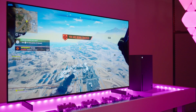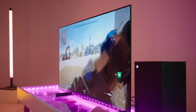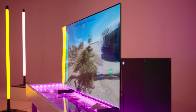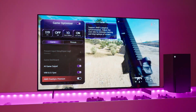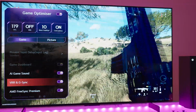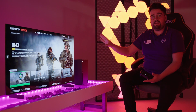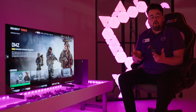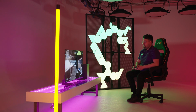Now, selected TVs, just like this LG here, have VRR, which is variable refresh rate. VRR technologies like G-Sync actually reduce screen tearing by adjusting the refresh rate of your TV to match the frame rates your source is sending. FreeSync is an adaptive synchronization technology for LCD and OLED TVs that support a variable refresh rate to reduce stuttering caused by the misalignment between the screen's refresh rate and the content's frame rate. Now, both of these technologies will help put an end to stuttering and screen tearing and provide you with ultra